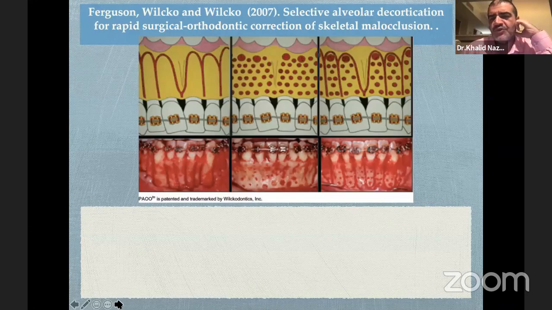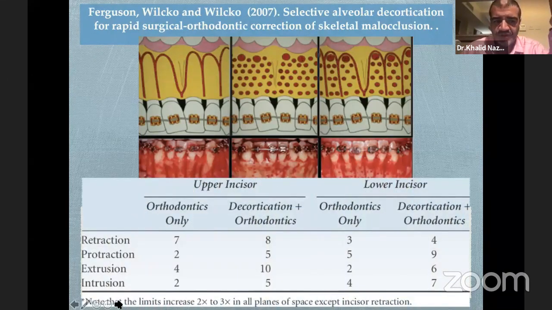So at that time, we used to do it only for sites where we really had a lot of resistance in terms of movement, or when we had a major case that needed to end up very fast. But we were always shy of promoting it to many patients. But if you look at the data, it was really very impressive at that time. We were able to expedite the movement speed by 2 to 3 times. We were able to avoid orthognathic surgery sometimes in small shallow anterior open bites,